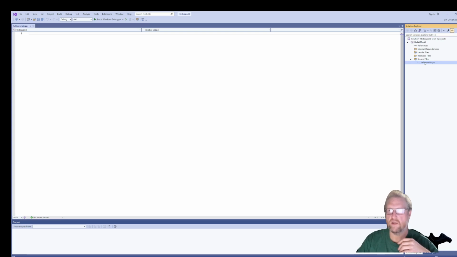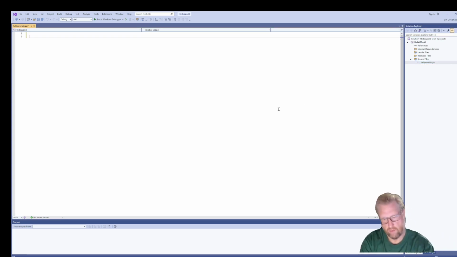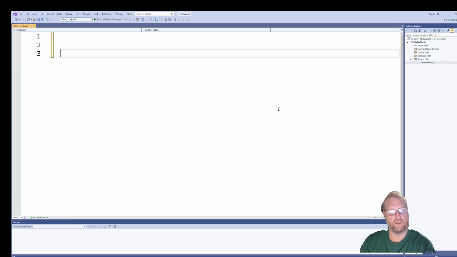So now we've got this hello world CPP, and what are we going to do with it? Well, for any code that we write, we always have to use code that has been pre-written for us in the form of functions and libraries, because that's what the whole language is. That's what we're using, C++, all those prepared things. And so if we want to do input and output, we've got to say that we're using the input and output